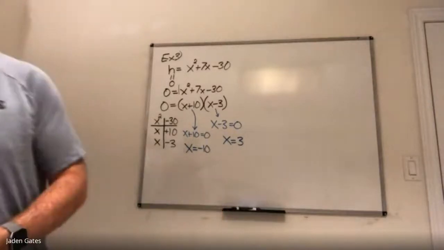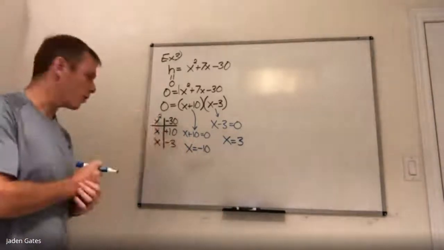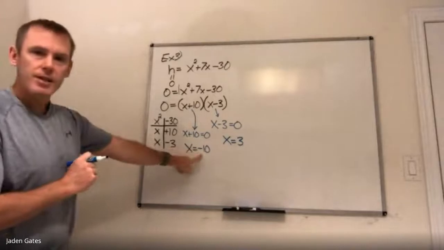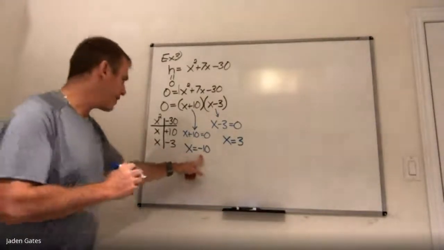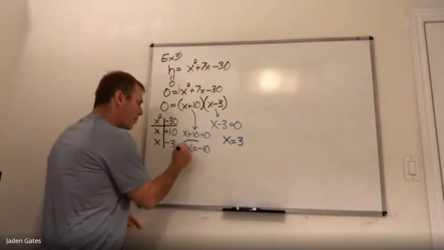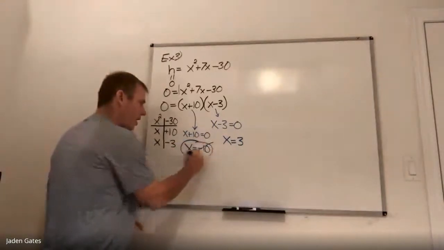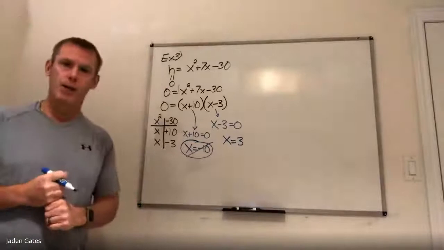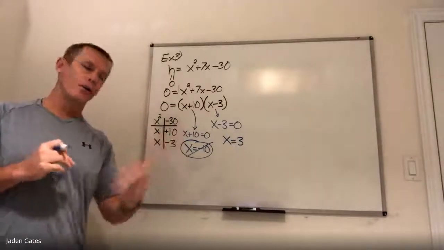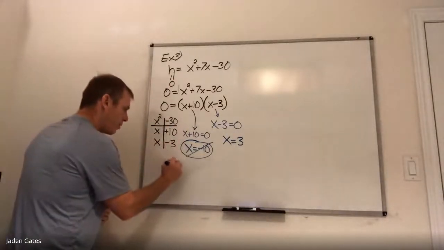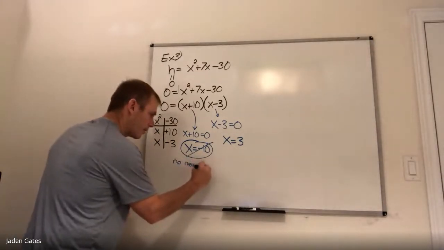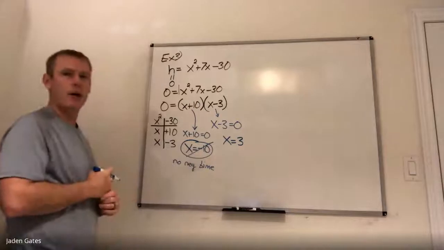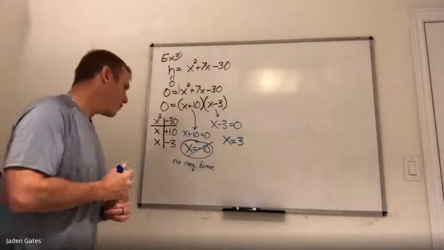And so when I look at it, I have to analyze it, because again, it's a word problem. This negative 10 here, negative 10 seconds, you can't have negative time. So I am going to put a line through this answer, but you just can't say, oh, I don't like that answer. The reason is no negative time. There's no such thing as negative time. All right? And so therefore,